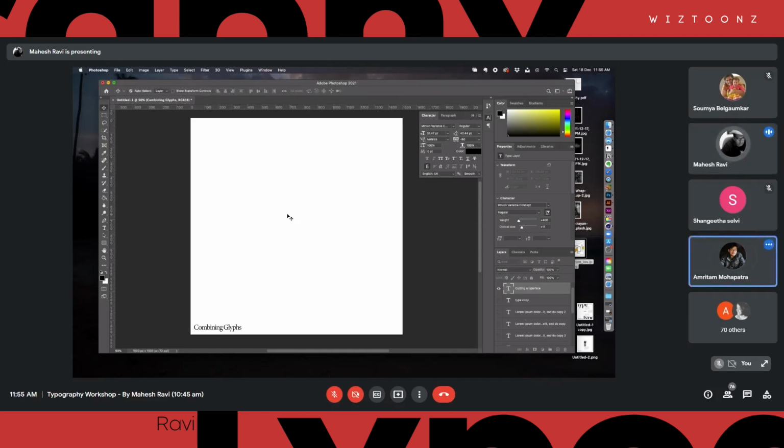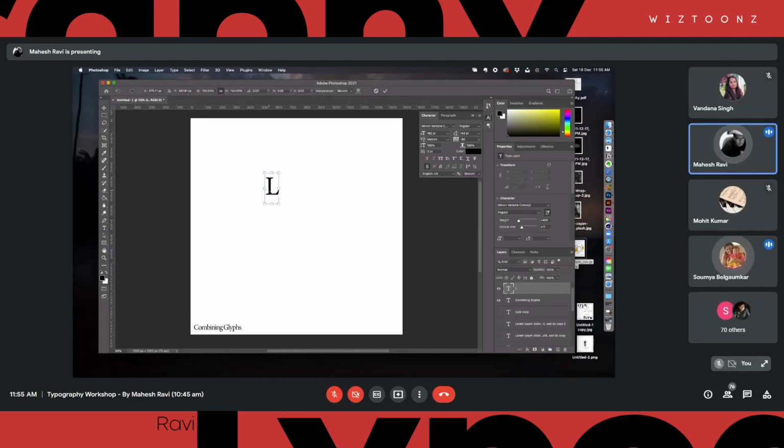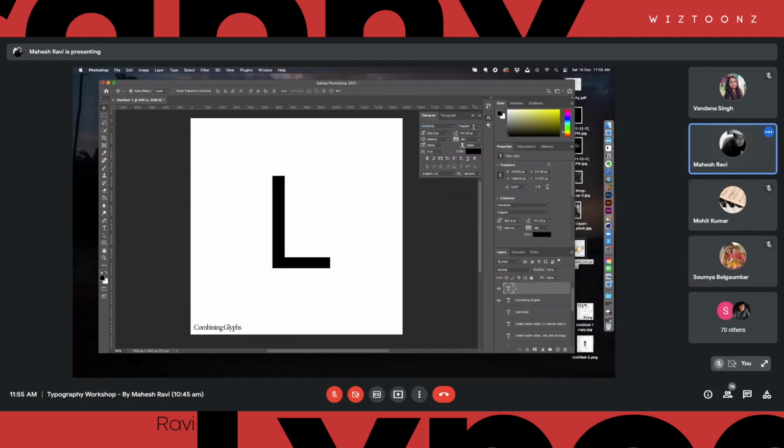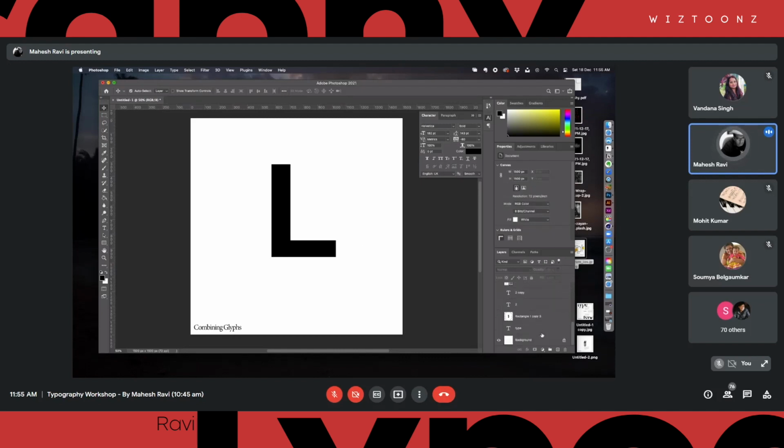A glyph is basically an individual character. This is a glyph. I'm going to scale it up again, super big, take bold, and we have this. I will actually change the background in this scenario to black.